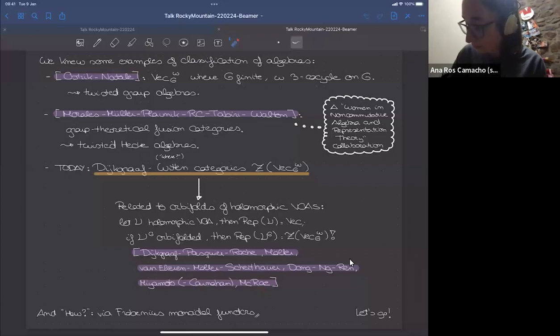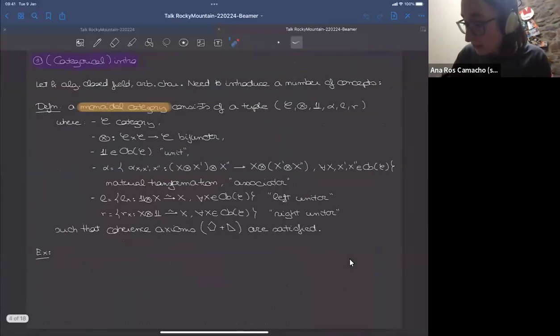All right, so what we want to remember, the message of the day, is that we want to classify algebra objects in these categories. And the how is that we want to use something called Frobenius monoidal functors. So it is more of a functorial tool than an algebraic, representation-theoretic attack. So I will go and explain. I usually work more with categories than with VOAs, so I will go into a little bit of detail on the categorical side, so everybody comes with me hand in hand. So let's start.